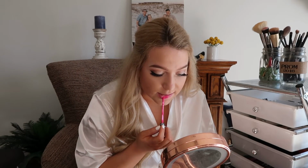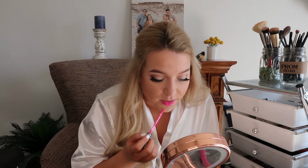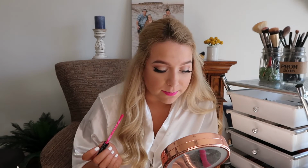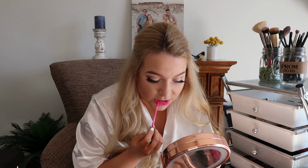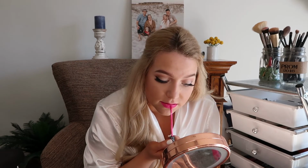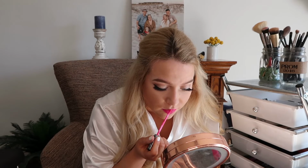So I have always struggled with body confidence. Anybody who knows me knows that. Sorry, I just wanted to get my base on for my bottom lip, but I have always struggled with body confidence, and I think I've really learned how to love myself, and that's a big challenge I overcame because I've struggled with it ever since I was in elementary school, honestly. And that's really sad because you shouldn't be worried about your body at that age. But I just was. I always wanted to lose weight when I was little